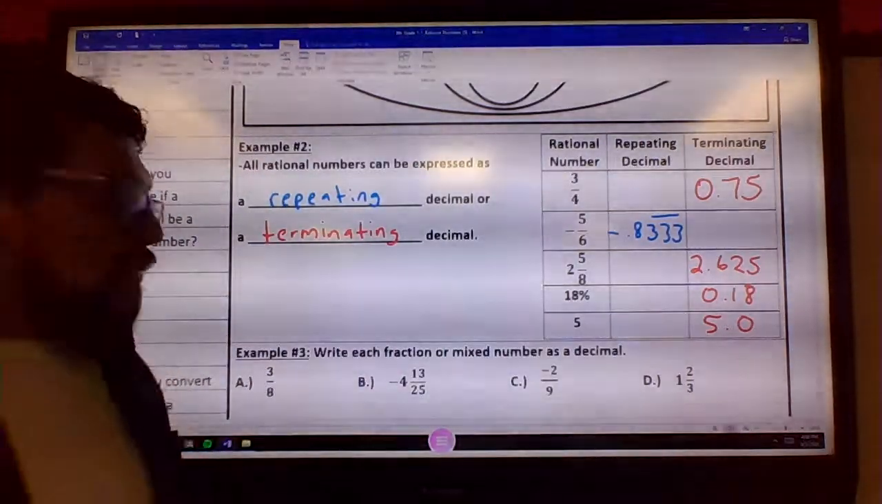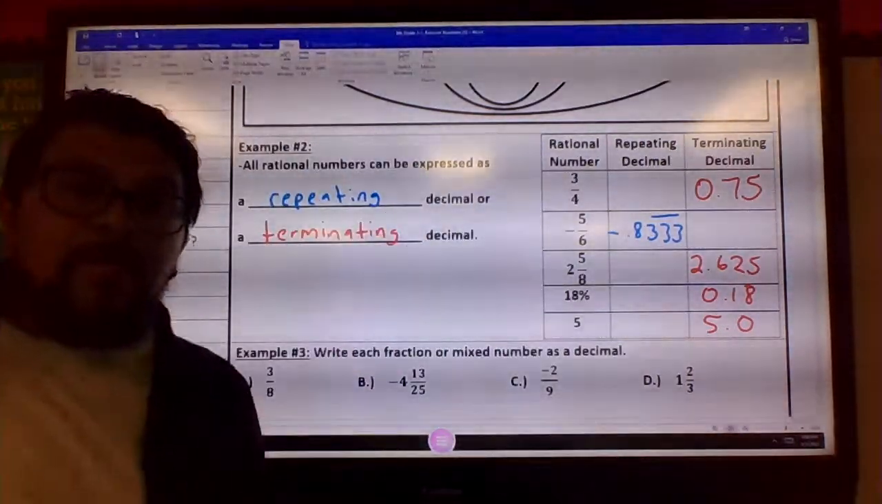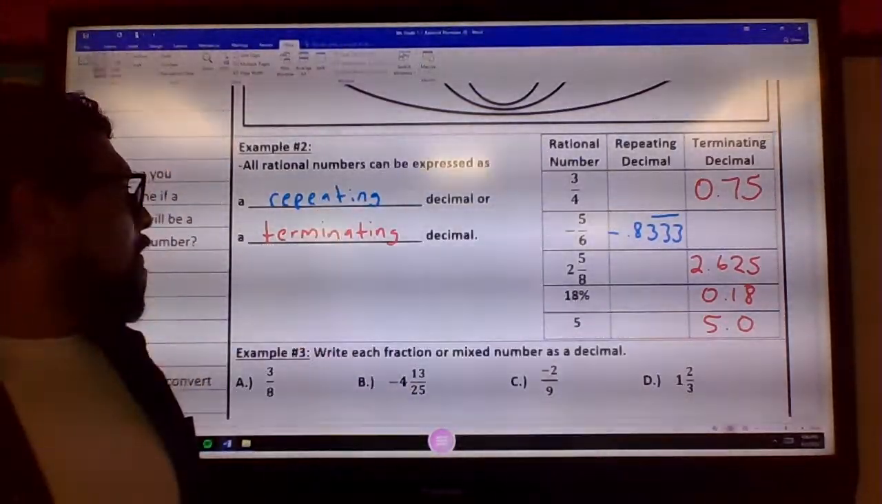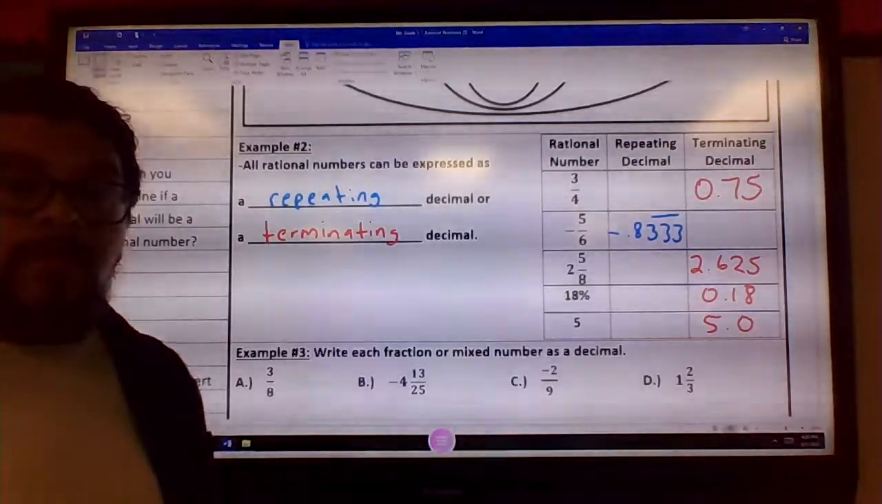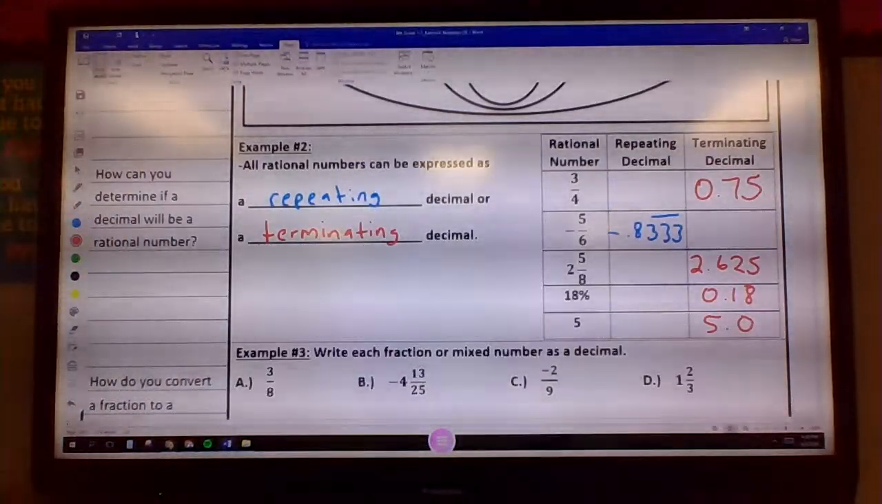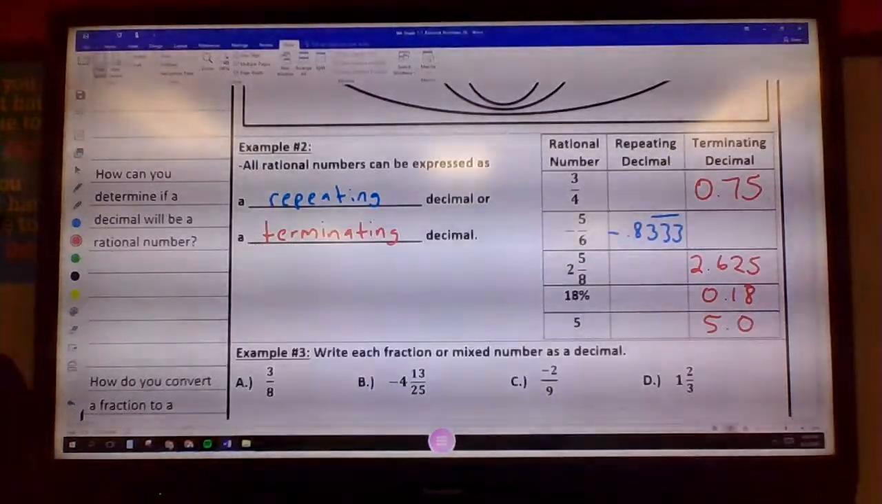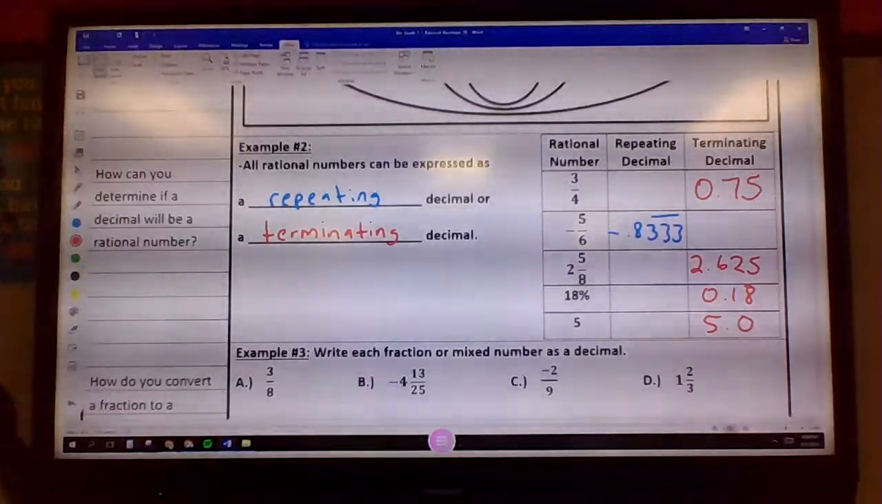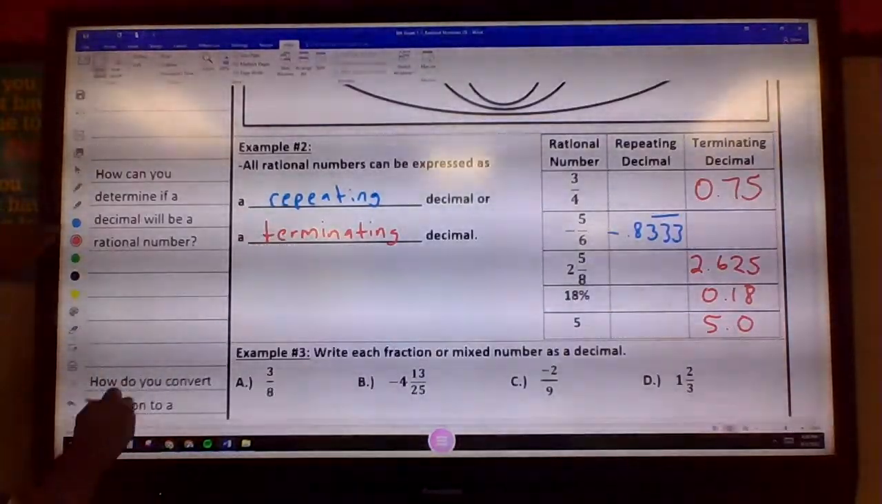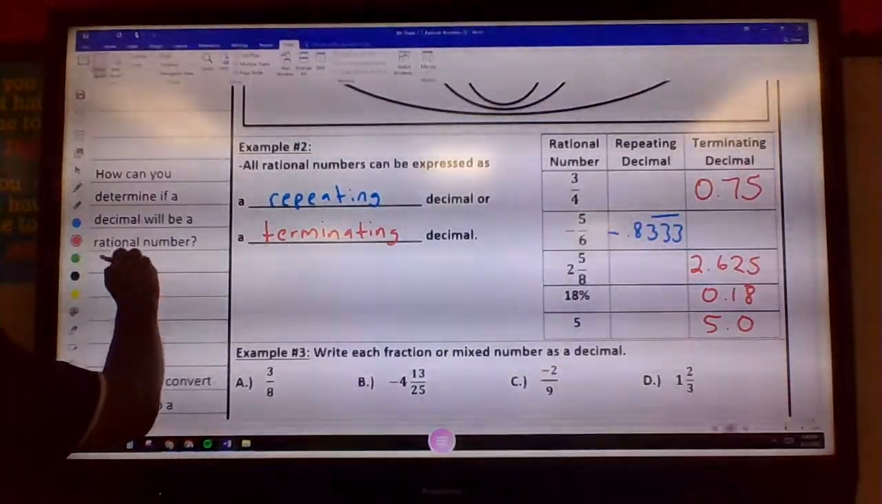All right. So here's how you can define rational numbers when they are decimals: repeating or terminating. Now you can fill this out. Go ahead and fill this out. How can you determine if a decimal will be a rational number? Well, how do we do it? We determine if it's repeating or terminating. So put right here, terminating